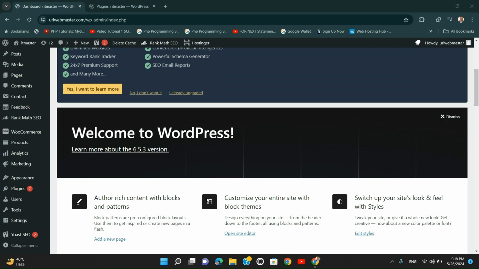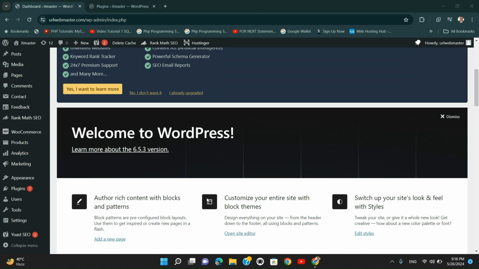Welcome to this tutorial on navigating the WordPress administration screens. Whether you're a beginner or looking to brush up on your WordPress skills, this guide will walk you through the essential features and functionalities of the WordPress admin interface. From managing posts and media to customizing your site's appearance and handling updates, you'll gain the knowledge needed to effectively